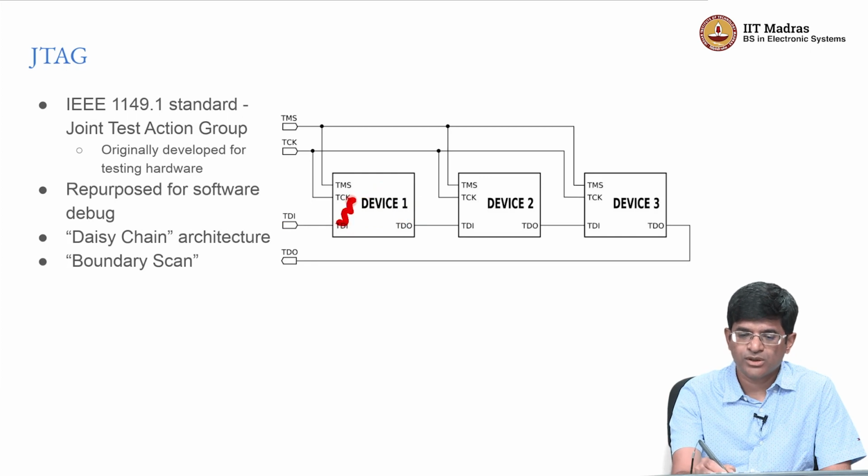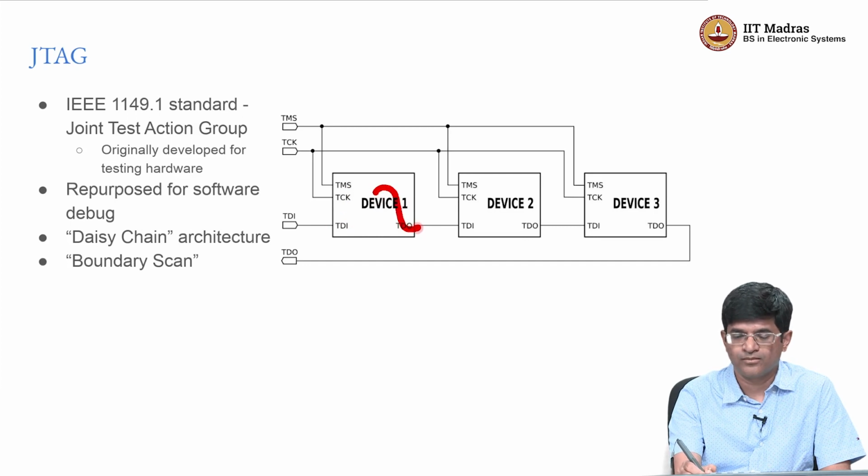It actually goes through each and every register that is present inside this device in a chain, and then finally makes its way out through TDO. Now obviously it's not just a short circuit, it's not just a wire that goes through over there, it actually is connected to each and every one of those registers or flip-flops in a way that that register or flip-flop can actually use the information that is being pushed in through TDI, but eventually it makes its way out